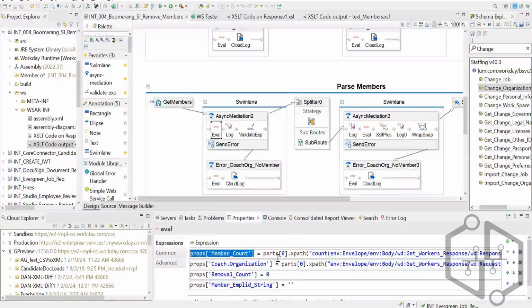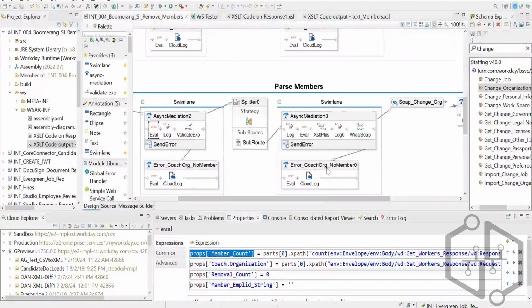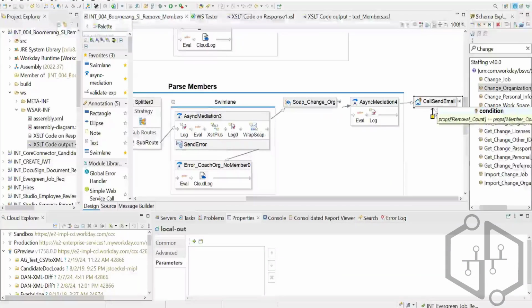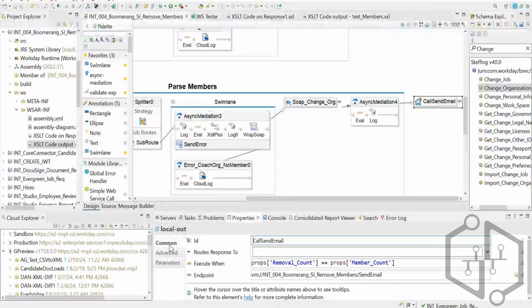I am taking the member count, how many members were there under the coach, and the removal count, initialize it as zero. I think I talked about it earlier as well. Then I'm doing the splitting row by row. Finally, when everything is done, I'm sending an email to the HRs that, hey, all this is done for